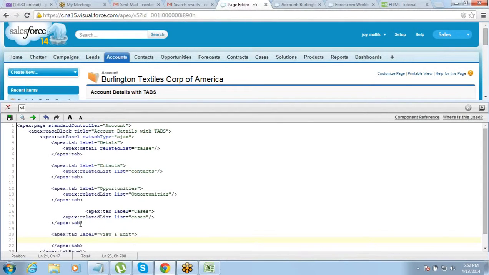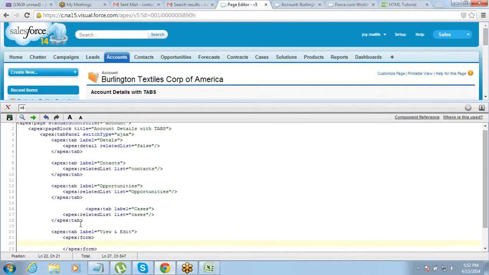Okay. So for editing, we need input fields. Rather than just displaying the fields, we need input fields. An input field is a tag which will help you give some input to the system. Input field always needs to be used within the Apex form tag. So first of all, you will have to create a form. Within the form, you will have to put the input field.